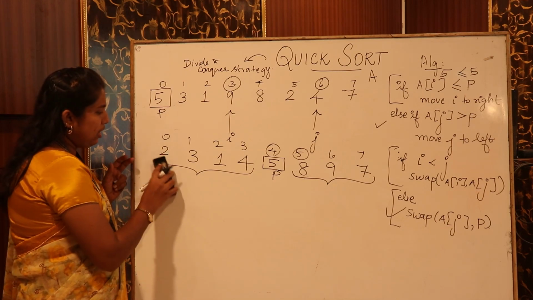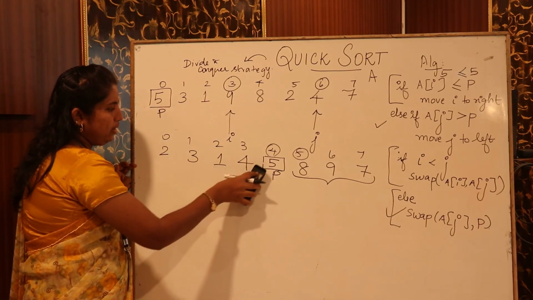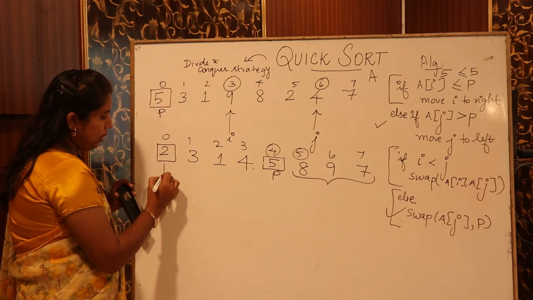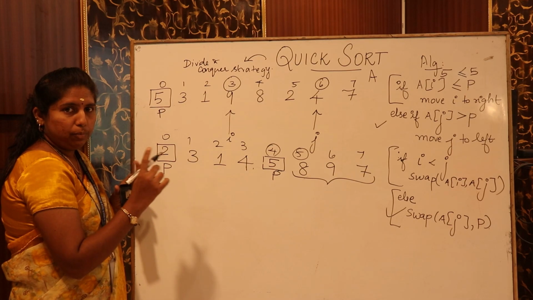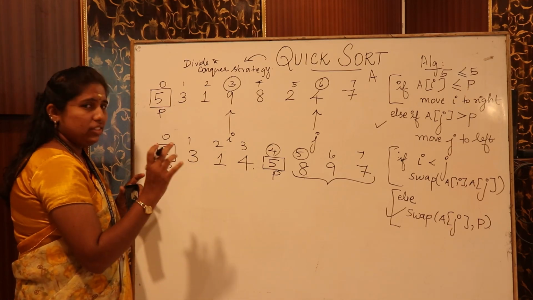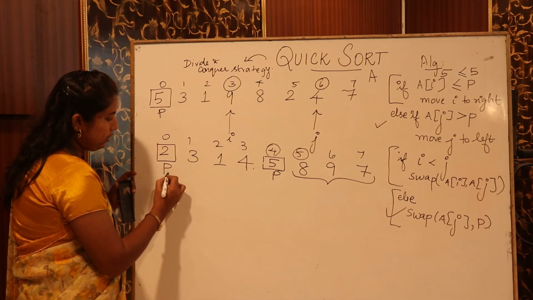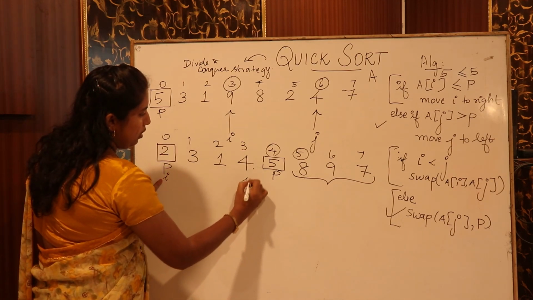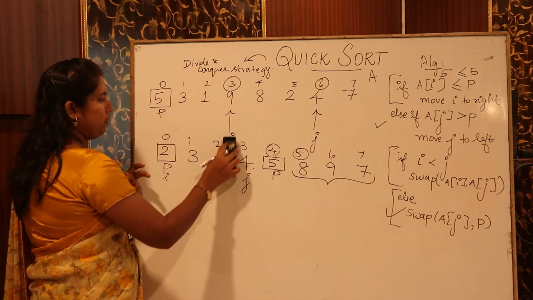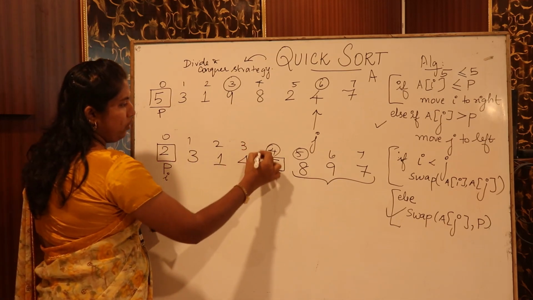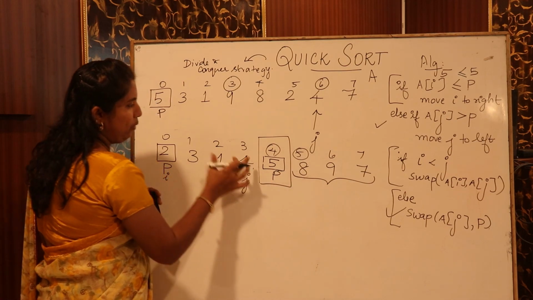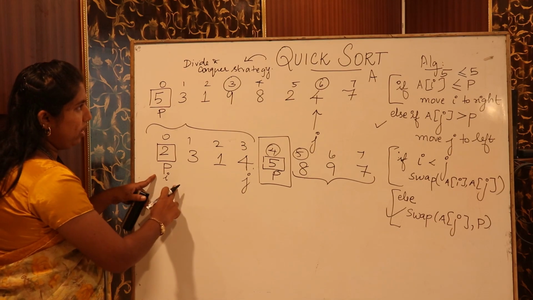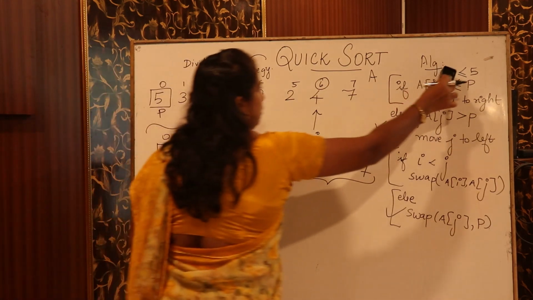So as our wish, we can consider the pivot element. So I will be considering this 2 as my pivot element, and again I have to place my ith and jth pointers. The ith pointer will always be pointing to the first index value, and the jth pointer will be pointing to the last index. So this we have completed. Now we are going to deal with this alone. So again I will be applying this formula. I will be checking this condition.